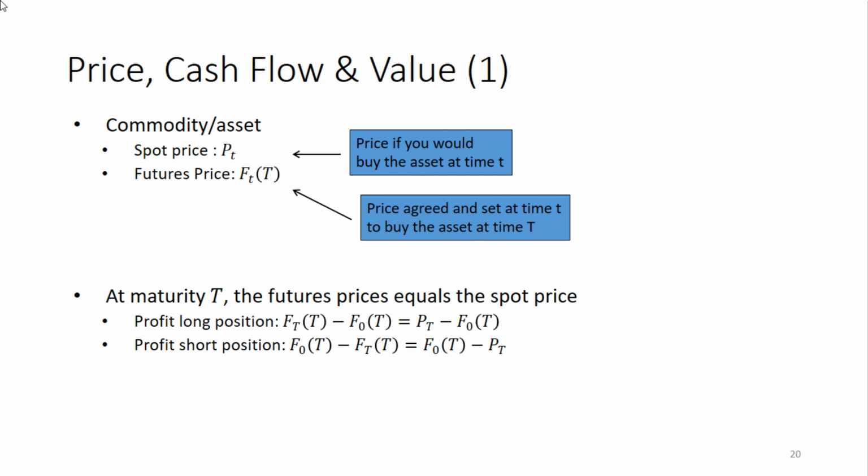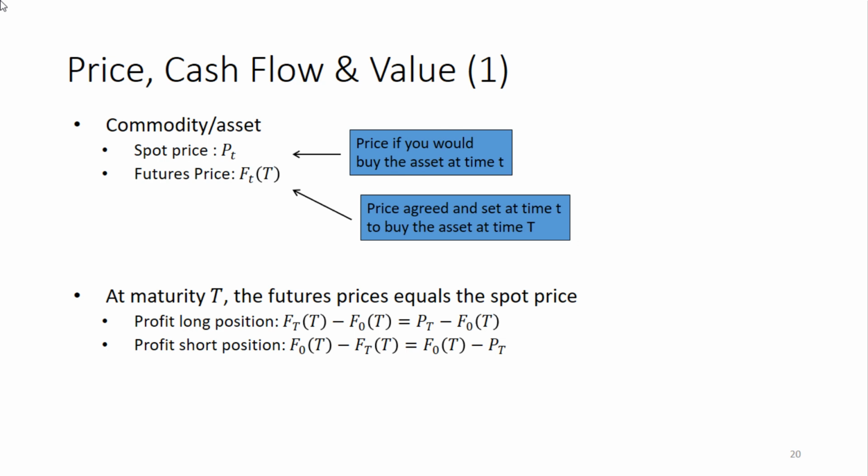As I mentioned earlier, whenever a futures price is initially determined, it is determined in such a way that the value is 0. But when I come to the maturity moment of the contract, the original contract had a value of 0, but at the maturity moment the contract may have acquired a value. That's why, if you look at a futures contract or a forward contract as a standalone security, there could be value associated with this position.